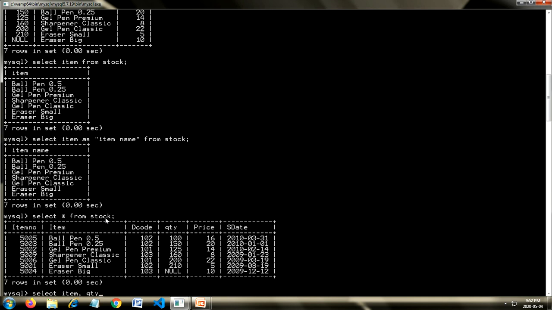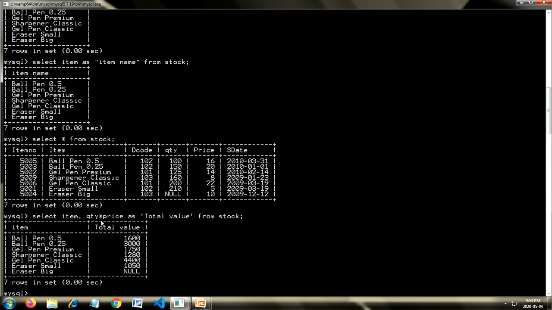So I can say quantity * price as total value from stock. This is how you can give names to the columns while displaying the result.